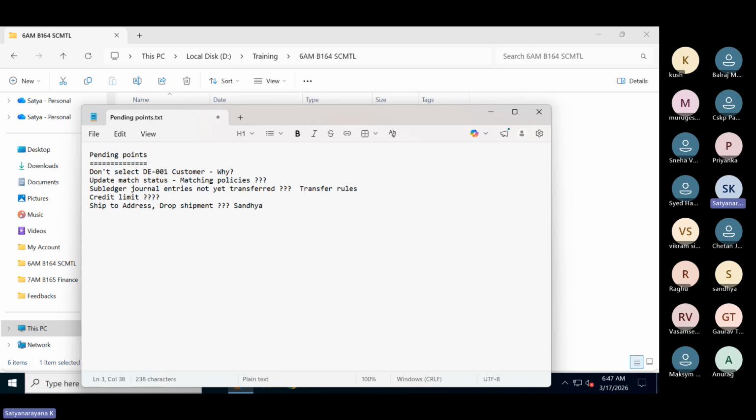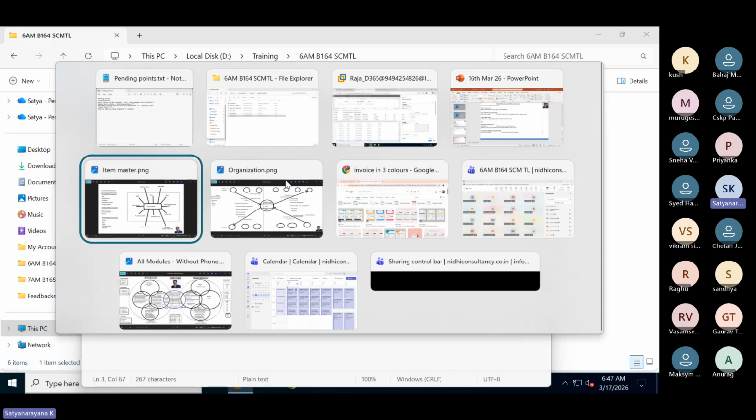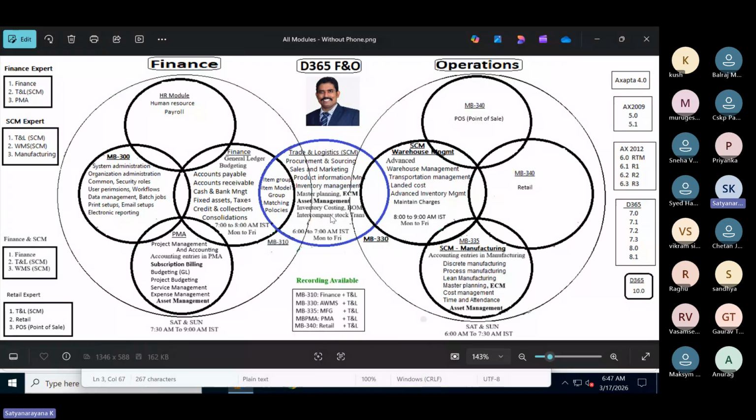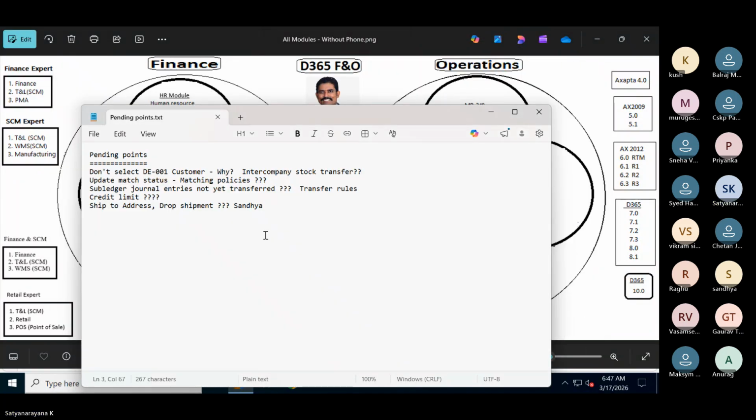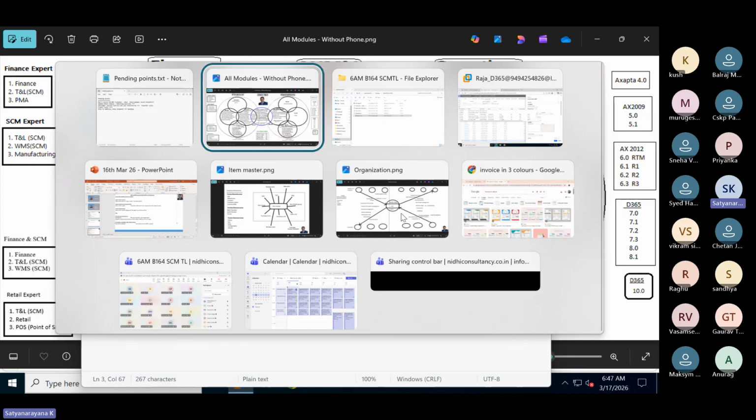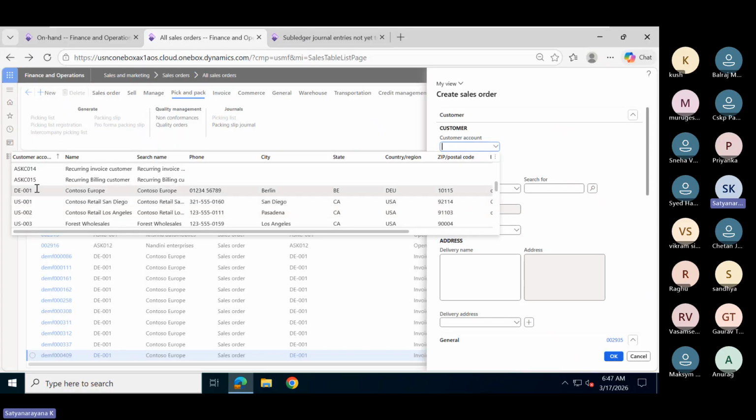This is linked to intercompany stock transfer, one of the topics I need to discuss with you. At this point, you don't know what intercompany stock transfer is. If you select DE001, you will get some different warning messages. So don't select this one.